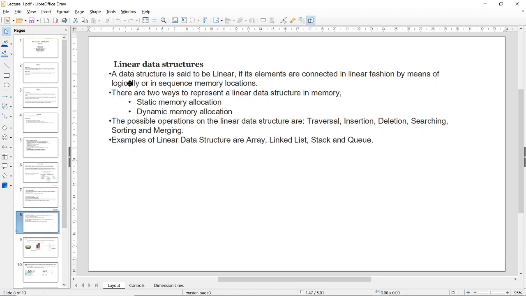So what happens in static memory location is we first create the basic data storage of the data structure, right? Now, for example, we need an array, right? So we'll create an array like this, a rectangle, and we'll divide this into a lot of parts.